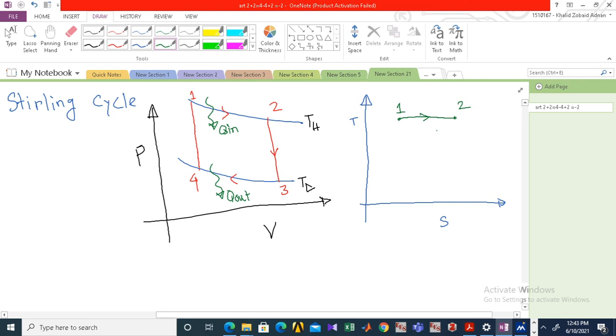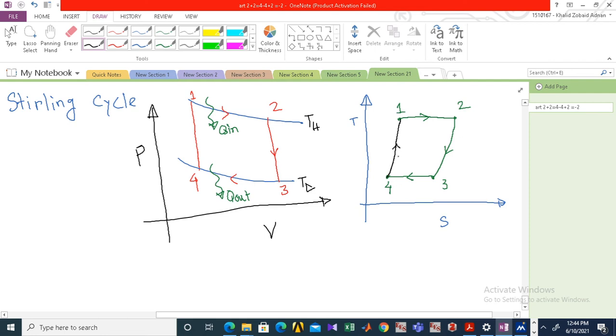Then 2 to 3, there is the isobaric process. As the temperature is decreasing, the entropy will reduce, and we will get point 3 like this. From 3 to 4, there is the isothermal heat rejection, and again, to connect the dots, we need to just